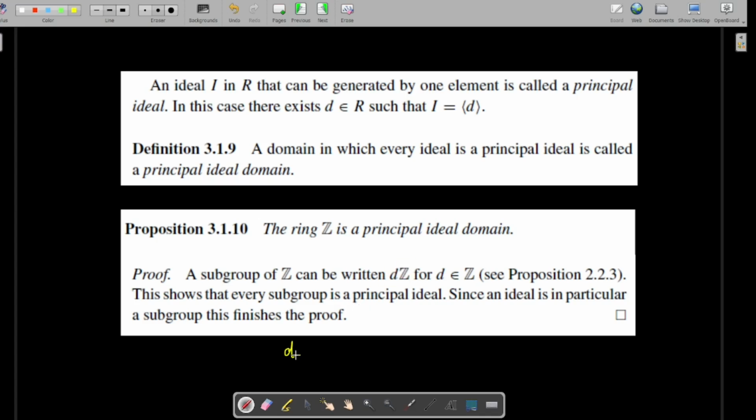For example, if you take d equal to 2, you have 2Z. That means the set has 0, 2, 4, etc. to the right, and minus 2, minus 4, minus 6, etc. to the left. So this 2Z is an ideal in Z. If you take any element of Z and multiply it with an element of 2Z, you will get an element in 2Z. So this is an ideal of Z, and it is principal again because it is generated by a single element